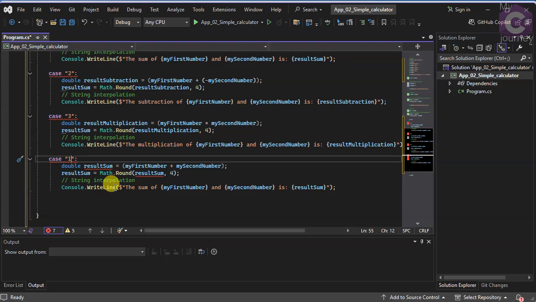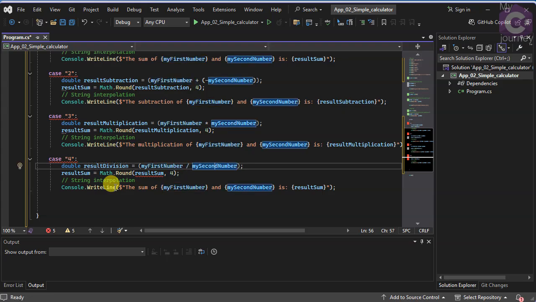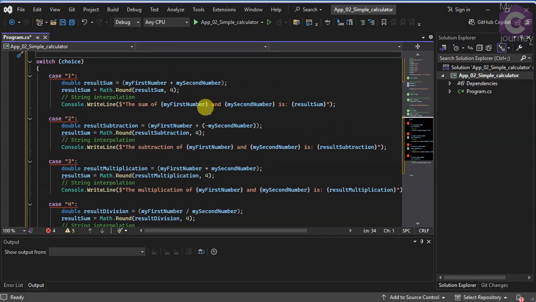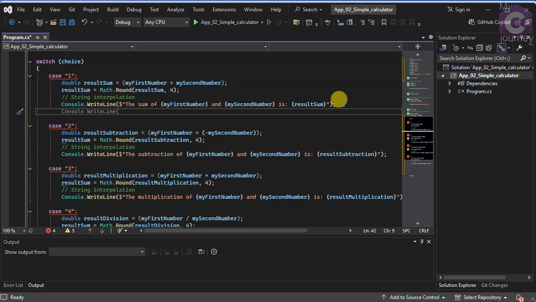And at last we do case 4, result division, and this is first number divided by second number, results division by 4. Okay, now at the end of each of these we need to add another instruction, which is break,